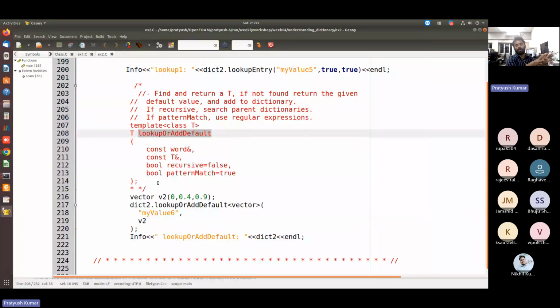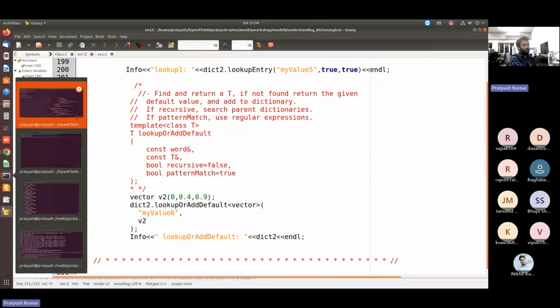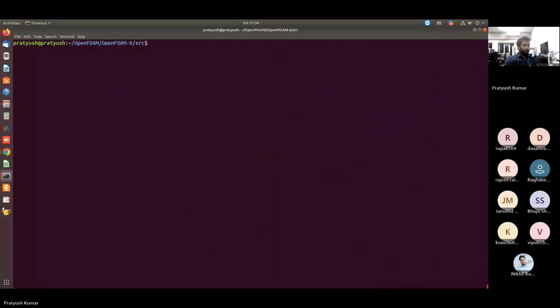We are going to see this input output dictionary a little bit later, but whatever we are working on in OpenFOAM, that is the concept of the dictionary. So this is how you can look up a value using the lookup or lookupOrAddDefault concept. So if you look again in the src folder,